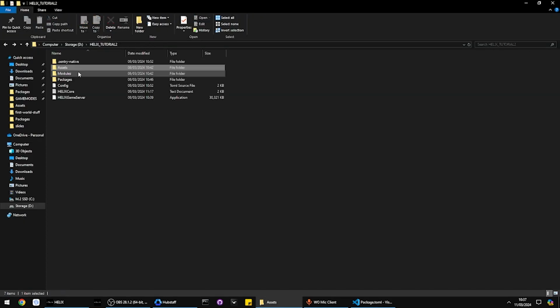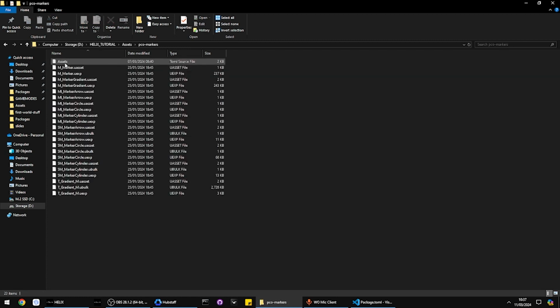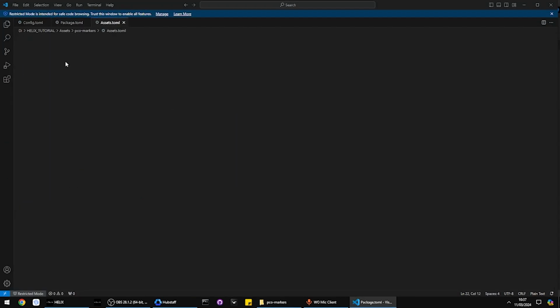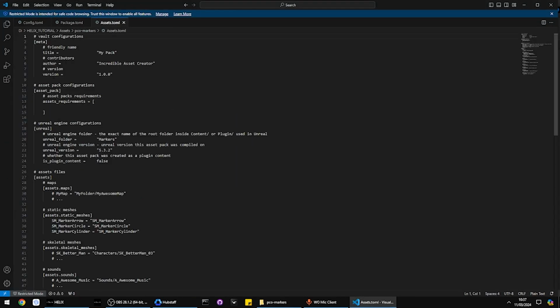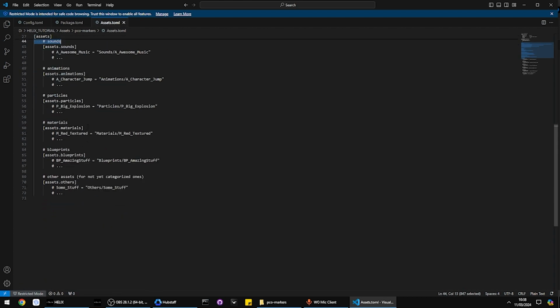The last of the config.tomls is the asset pack. I'm just going to go and find an example. Here's one. PCO markers is here. I've got this downloaded. And there's an asset.toml. And again, configurations for the name, requirements. So for example, maybe there's another asset pack you have to have loaded in, and then the unique one,